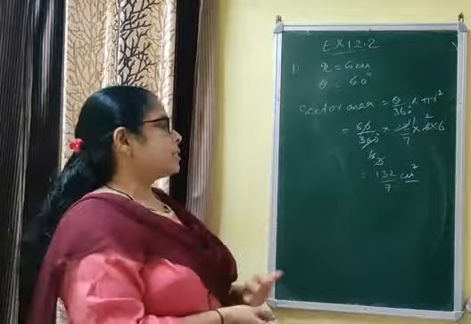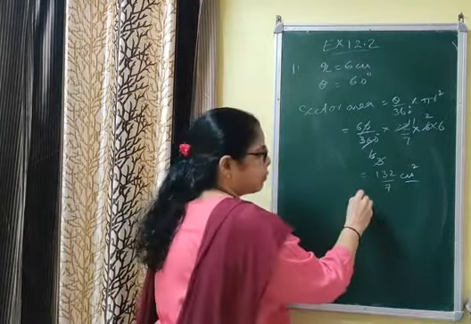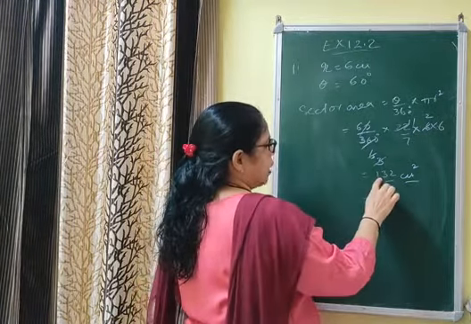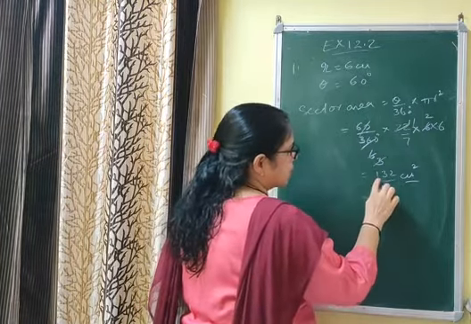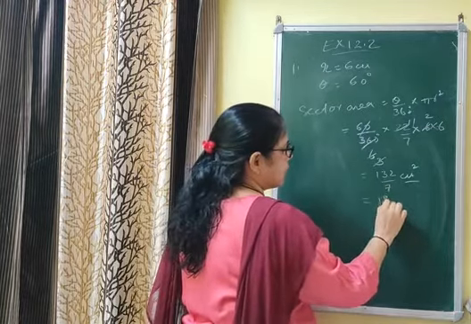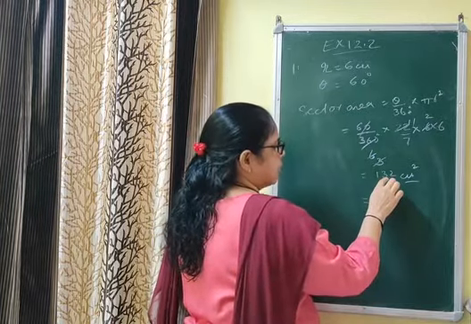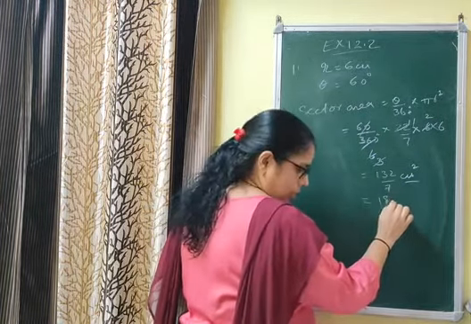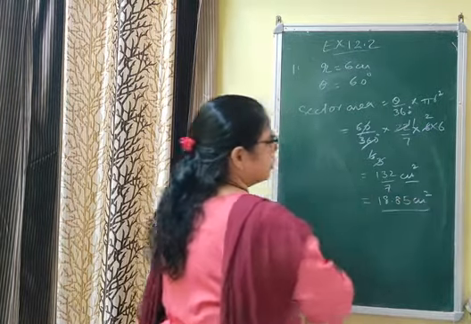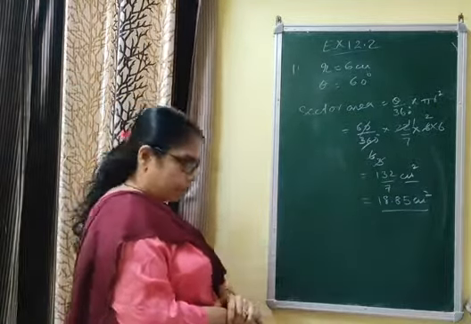In the book, the answer is given this much, but in the examination, I suggest you convert all the values in decimal form. If you change in decimal form, 1 7 is 7, 132, that is 1 7s are 7, 62, 8 7s are 56, that is 60 and 60, 8 7s are 56, 40, 5 7s are 35. Like this, always find the values in decimal. In the book it is given like this, but in the exam, find out in decimal.